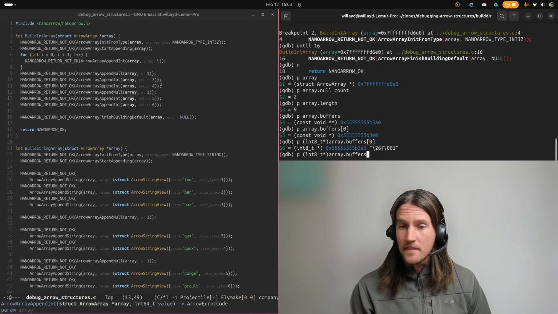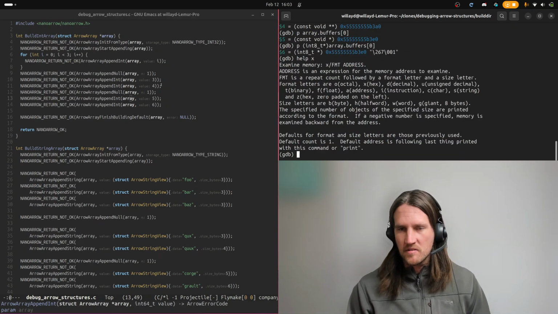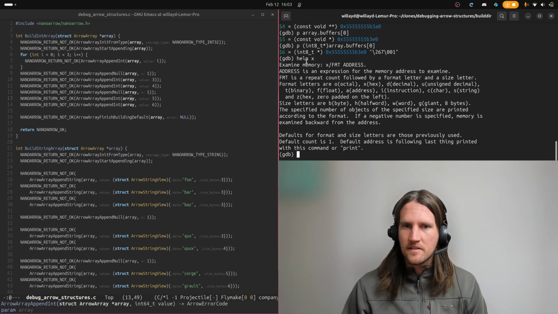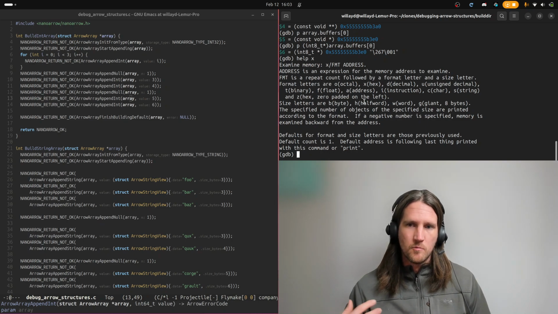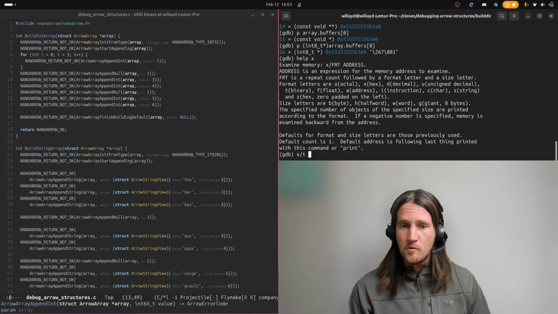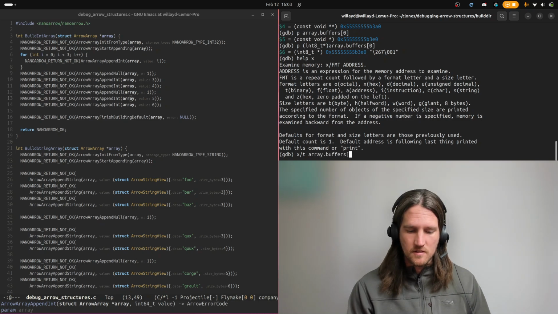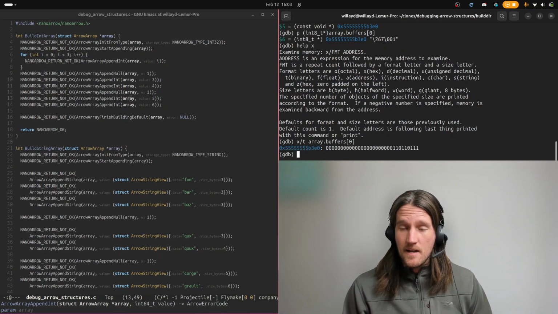But I think the easiest way to look at this is to actually use the x command in GDB. If you're not familiar with it, I always have to look at this myself too. x helps you examine memory and has this x/format address thing, right? So what I want to do with this first one, which is the validity map, is look at it in binary view, which I think is the most helpful way to inspect this. I'm doing x/t, and I'm going to say array.buffers 0. And if you look at that